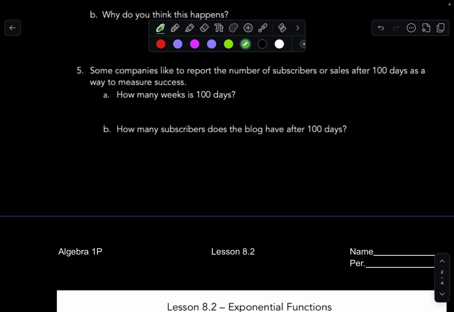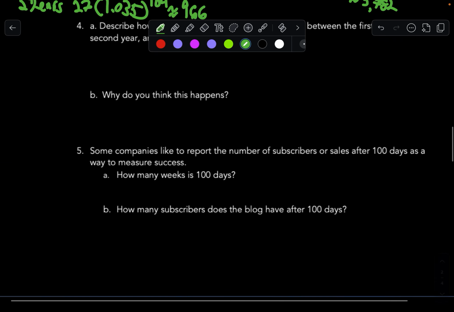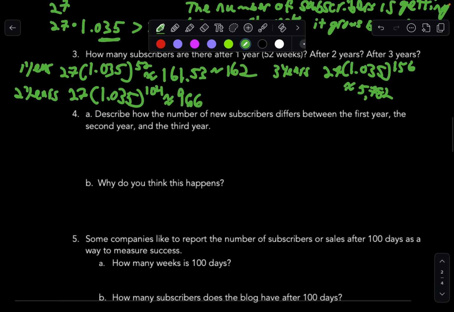To do that, all we're going to do is find the differences. So, between the first year,